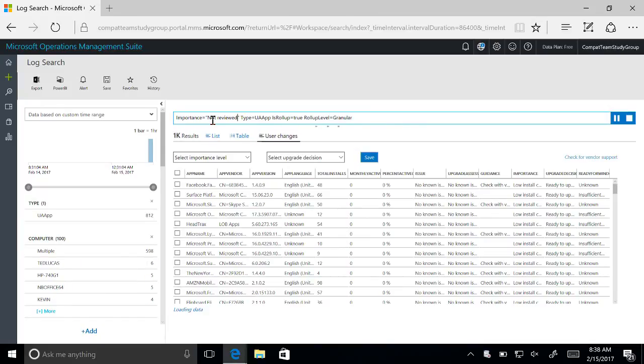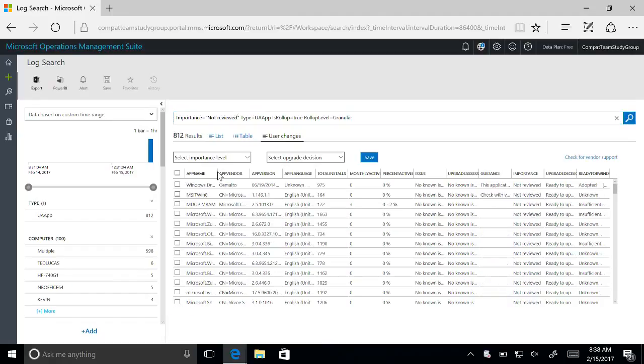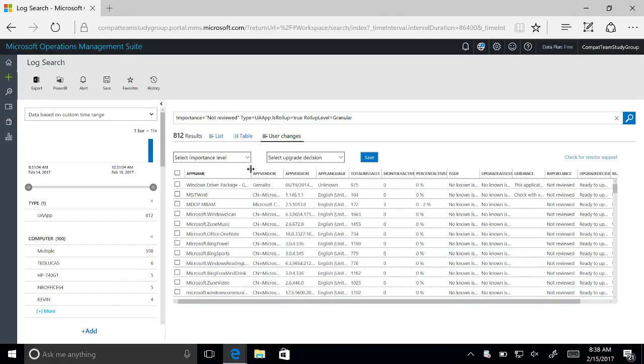So we do want you to go through the applications and assign each one an importance value. This is really the only manual step in the process here. This is where you will have to go through each application and decide, is this app business critical? Is it important? Are we going to ignore it? Etc. And you'll save yourself a ton of time down the road by rationalizing over these applications, because these importance